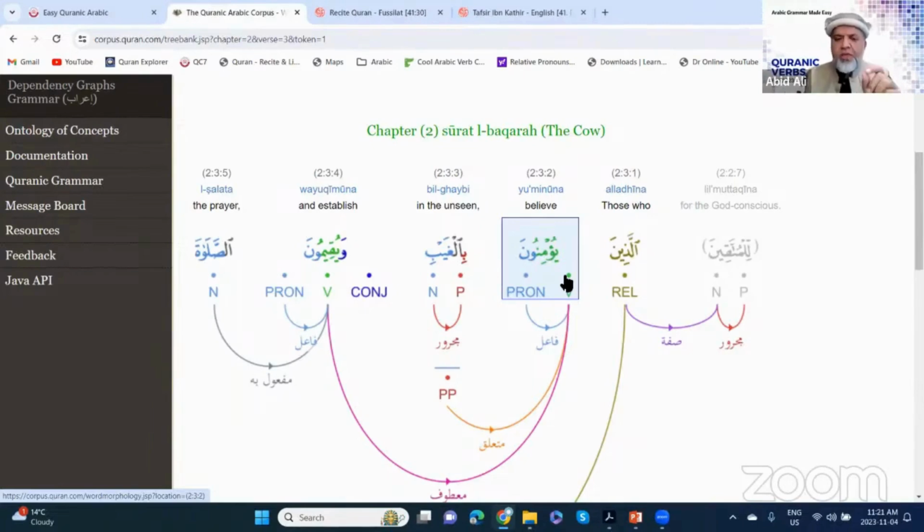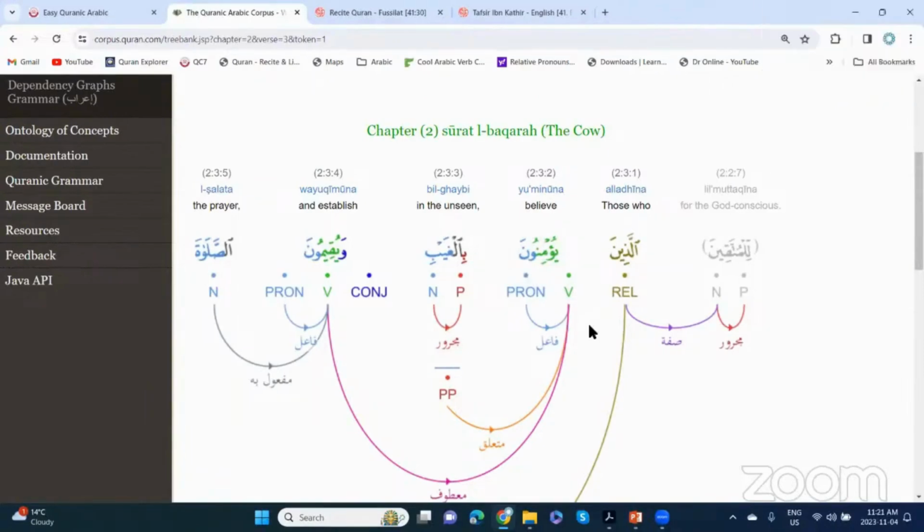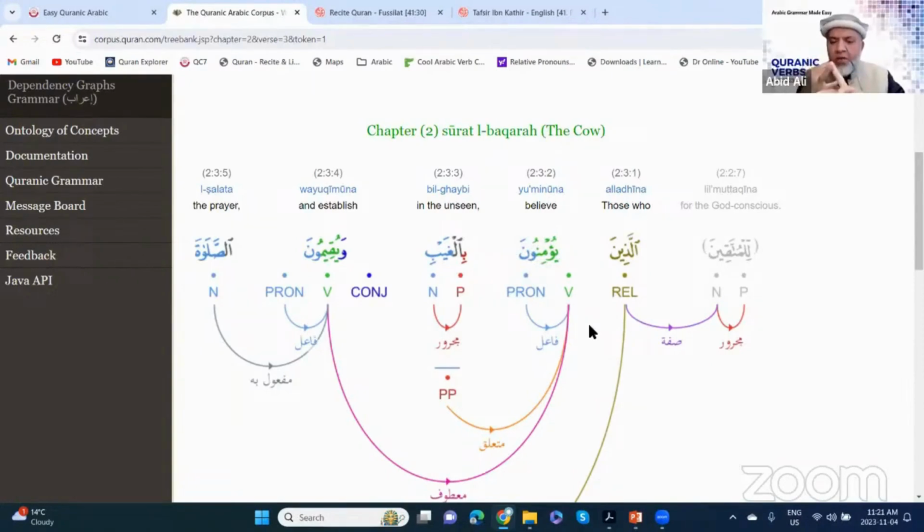I'm going to show you some examples too. But just before I get into the presentation, I want to point out that what you have been reading all along has so much fi'l al-mudari. If you look at yu'minuna, it's a verb. Is this a verbal sentence? Yes, because there is a verb and there is a fa'il. Now, in the madi, we had the waw and alif. What was the pronoun? Hum. In yu'minuna, who is the pronoun? Hum. But the una is the plural sound. In madi, it was the waw and the alif: fa'alu. And this is fa'aluna or yaf'aluna.